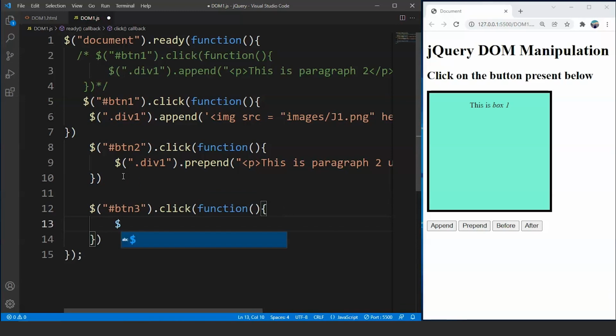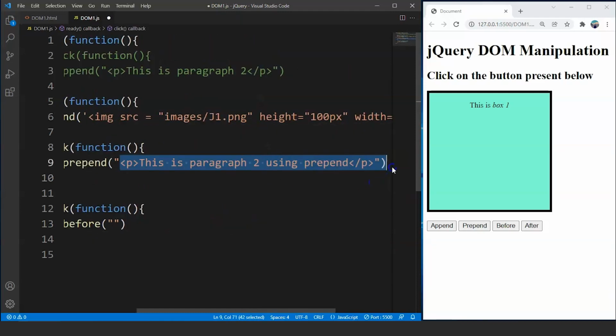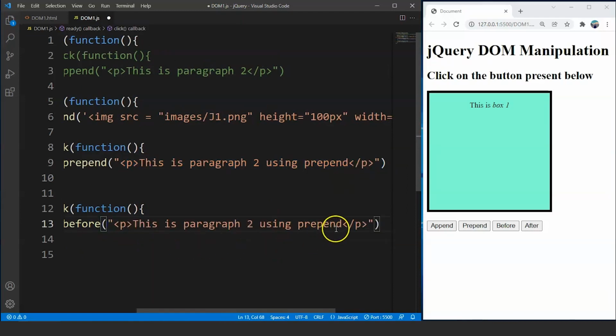Now we'll do the same task. We'll write here $, and then we'll access the division. We'll write here div1, then we'll use the before method for before button. So we'll add a paragraph over here. So what we'll do is we'll copy this from here. So we'll add the same paragraph. We'll make some changes. So we'll paste it here and we'll write using before over here.